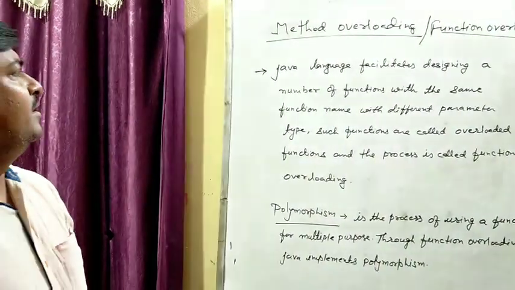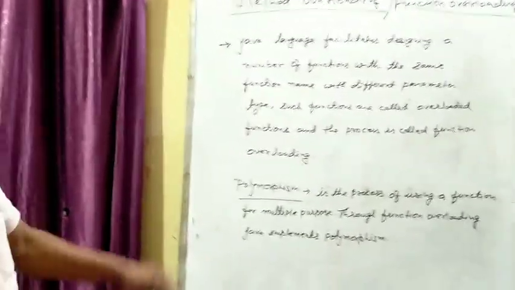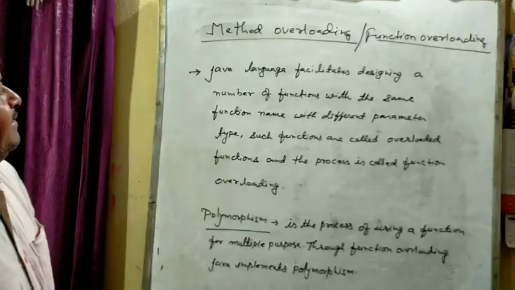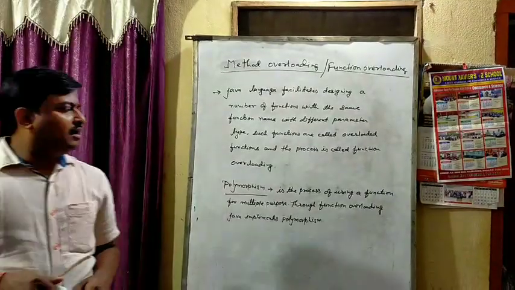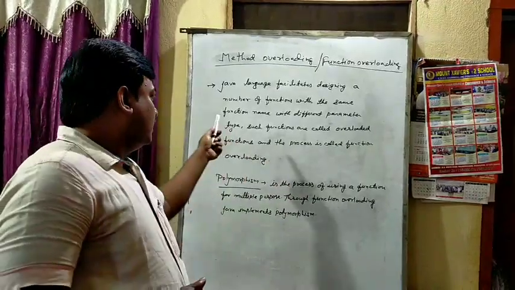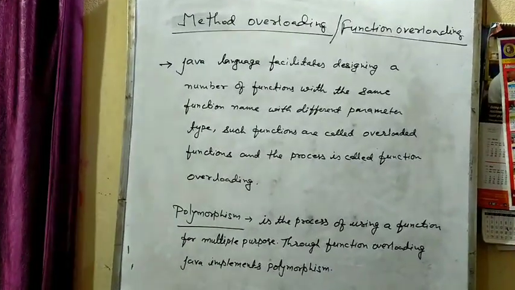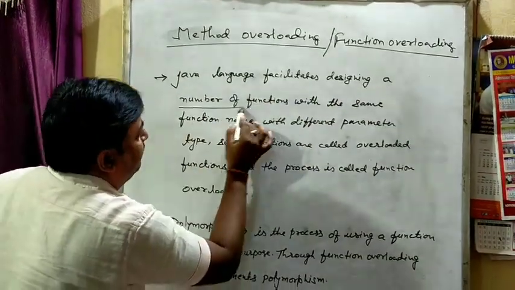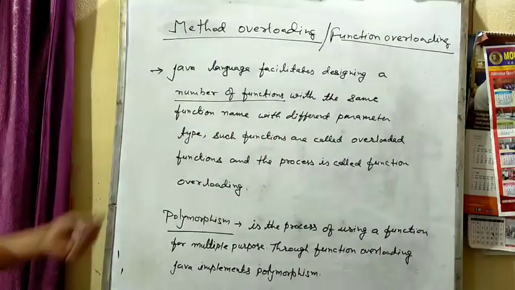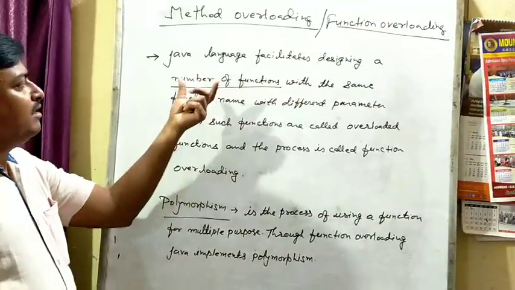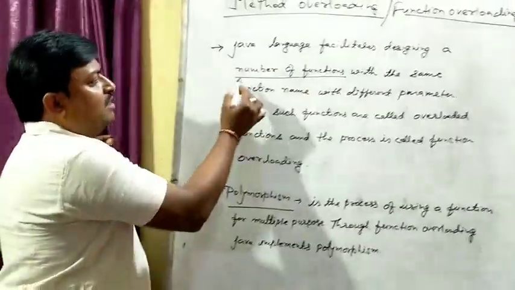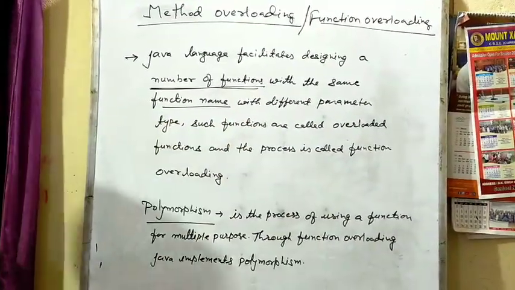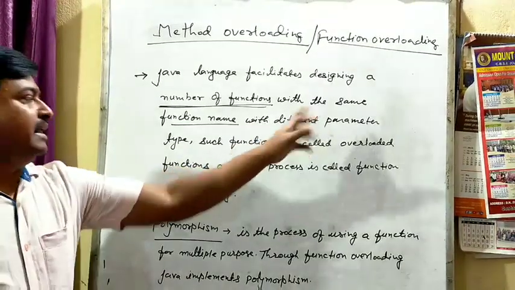Today I am explaining a very important topic, method overloading. It is also called function overloading. Students, method overloading is one of the important features of Java. Java language facilitates designing a number of methods, meaning more than one function, with the same function name with different parameter